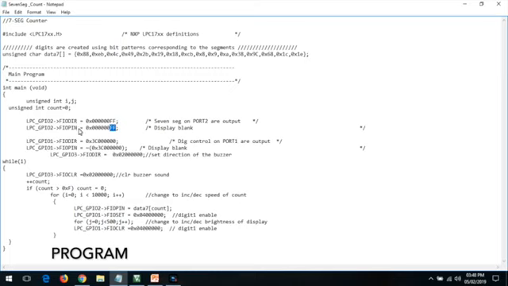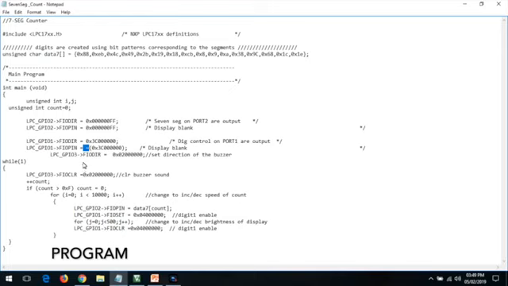Then in port 1 we are going to send the digits. We need to select the digit out of the 4 display units. So what we are selecting is port 1 pins 26 to 29. So we are using the value 3C so that digit 1 of all the 4 digits will be selected. And then we want to display a blank, so we are sending a negation of the symbol.